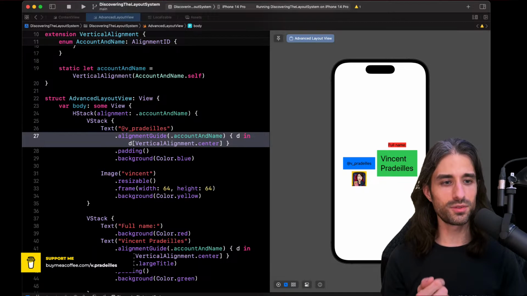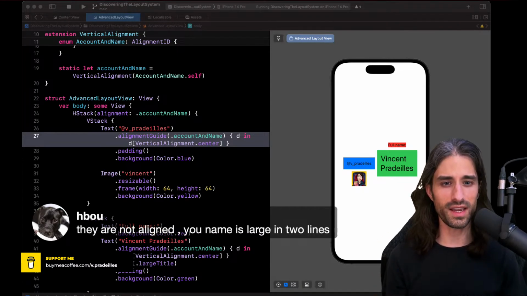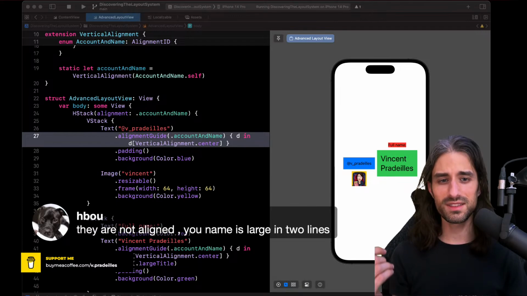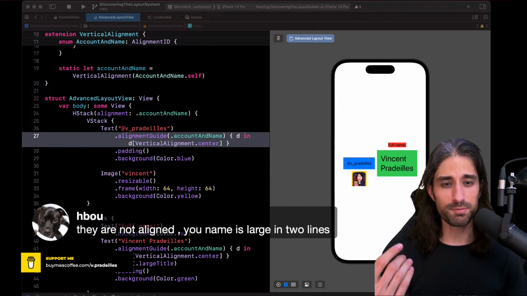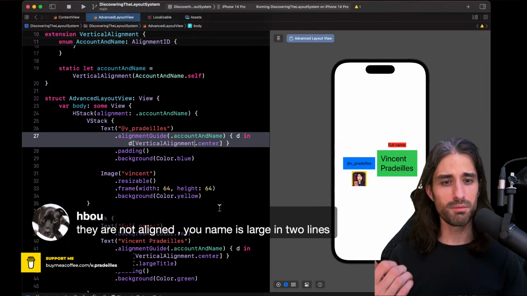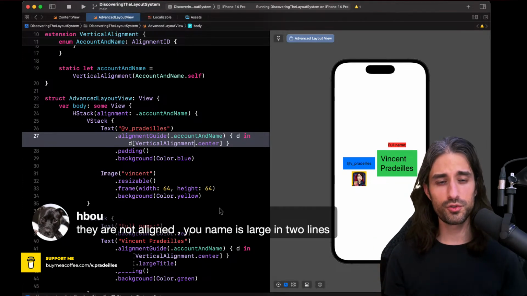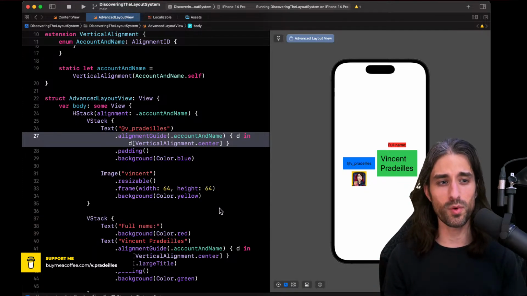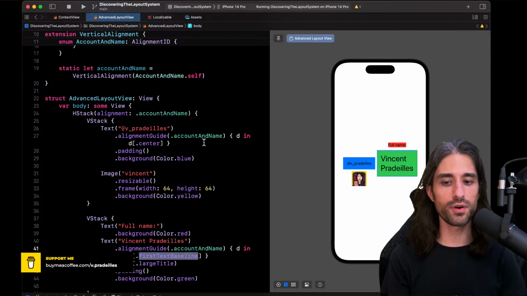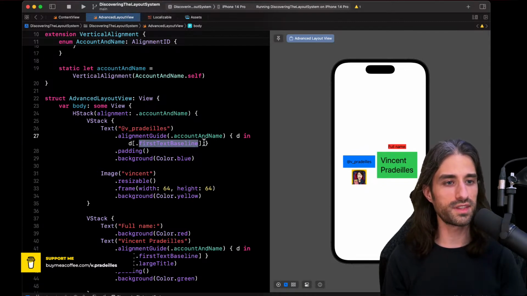But it's interesting the fact that you said they are not aligned because I guess you instinctively expected the alignment to be respective to the center, but aligned for SwiftUI doesn't mean align with something in particular. It means align with whatever you say it should be aligned with. And so you can say it should be aligned with the center, but you could say it should be aligned with other things like the first text baseline, like I showed in my example. So thanks for this remark because I'm sure other people watching the replay thought of the same thing.